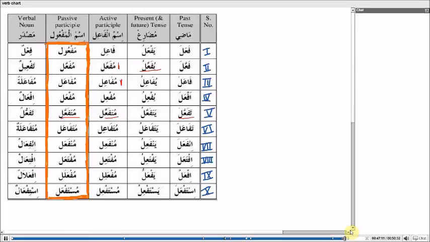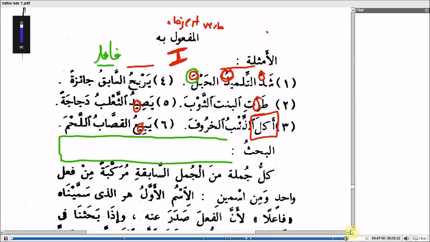Anyway, I'm trying to see if I can find one with, yeah, like we had when we went up here and we had shadd. So I found it. Shad would be the fa'il. Shad for this form here. This form 1, but it has the doubled verb, so it'd be shad. Would you just add the alif in there like that? It'd still be shad. So the one who tied, right? And the maf'ulun here, the haba would be mashdud.